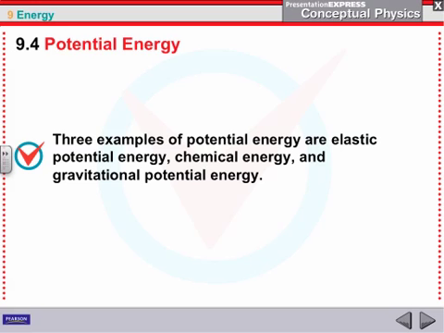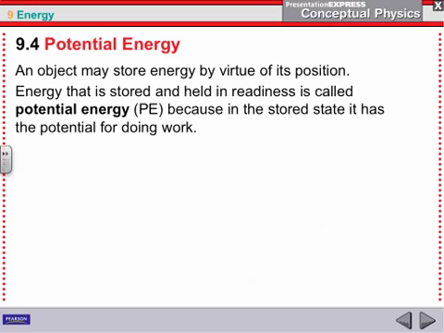Let's talk about potential energy. And we're going to talk about these types of potential energy, 3 examples: elastic, chemical, and gravitational. And by potential, we mean it's not really using it, it's stored energy. Okay? So this object can be storing this energy, and then when we need it, we could get that energy